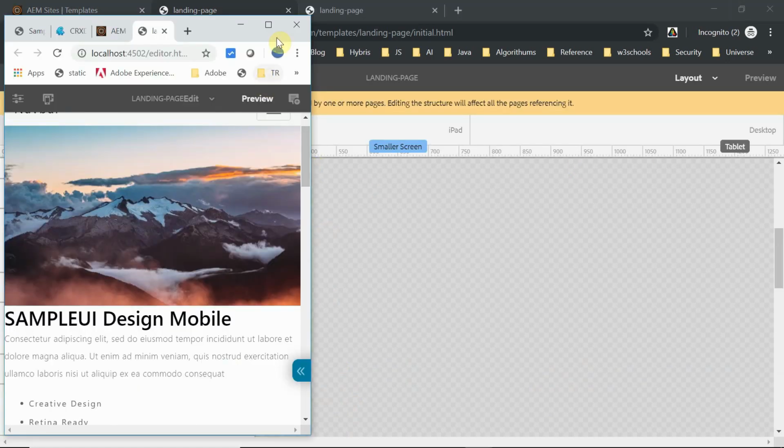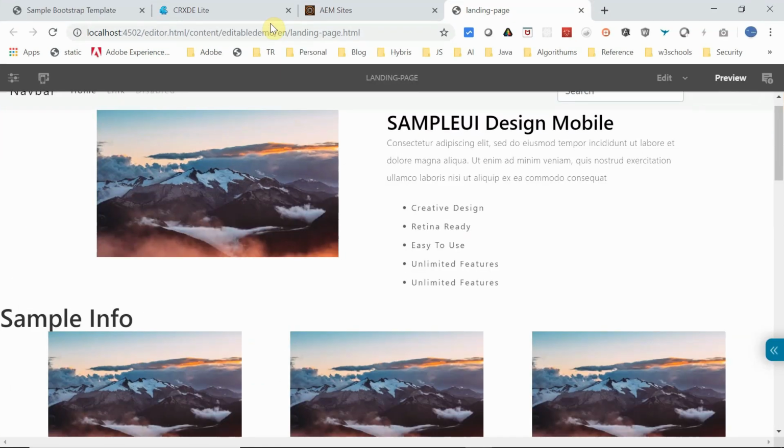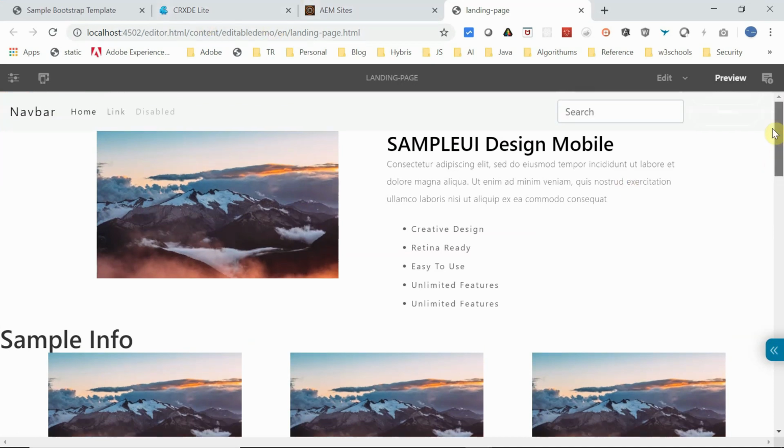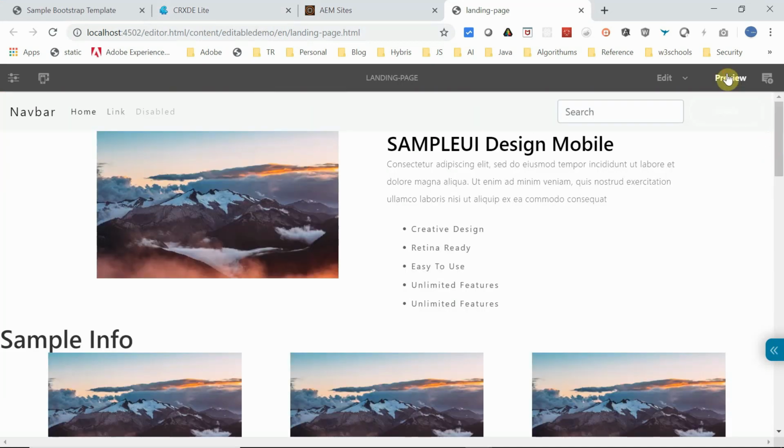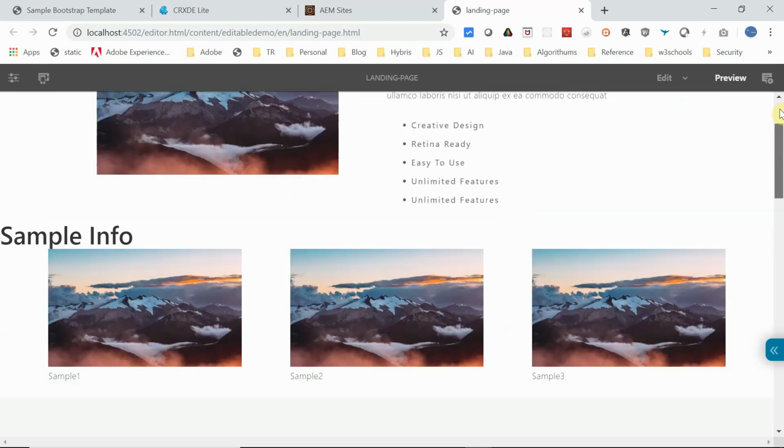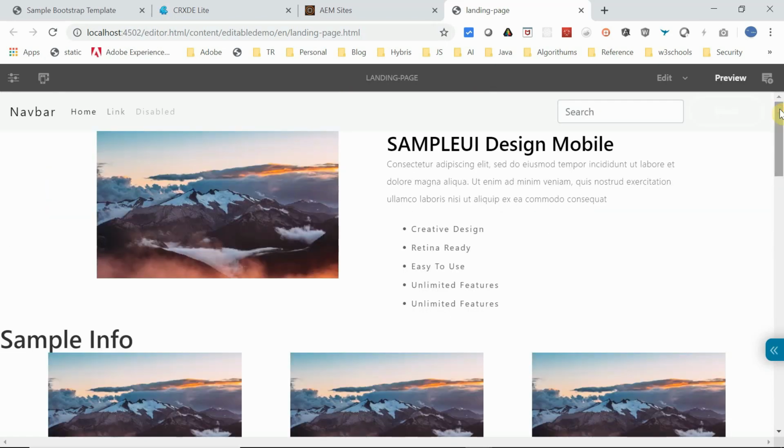Okay, we configured the template. Actually here the developer created the template, the basic template type, the generic page rendering component. Using that, the template author created the template and configured it, and the layouting and all things are completed. Then the author created the page based on that template and configured the required content. So now this page looks like what is expected at the end. Okay, so this is fine now.